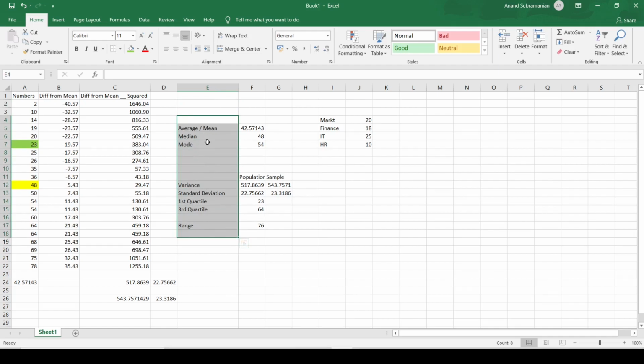At least one or two of them would definitely be used on a regular basis in any analysis that we do. So that is what I wanted to cover in this tutorial. Of course, this was not a statistics tutorial, because I'll be covering some data frame operations where we'll try to analyze some of the columns or variables in the data set, where we'll try to extract mean or median or the mode. That is why I wanted to cover this tutorial, so that you at least have a good understanding of what each of these terms indicate.